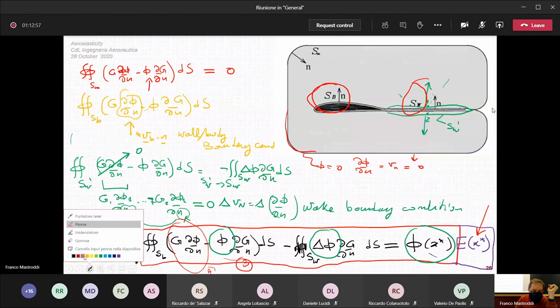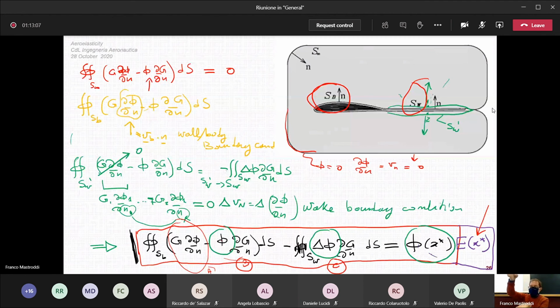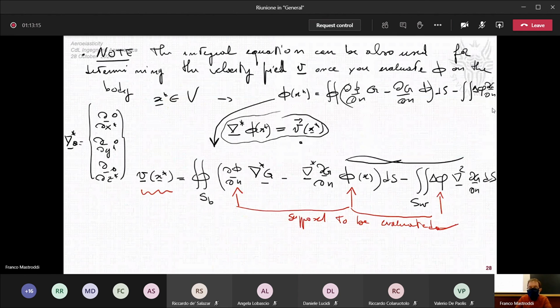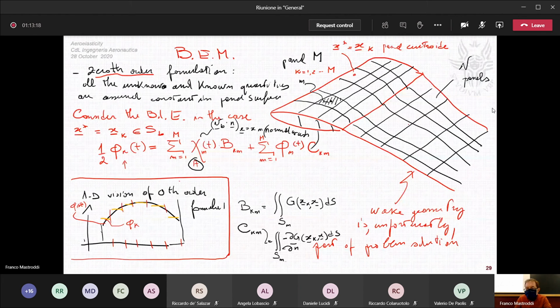In this part C, we assume that delta phi is an unknown, but it's constant in the wake panel, because here I have an integral to be performed on the wake surface. And so, for this panel, this generic N panel, for N running from 1 to capital N, capital N panels,